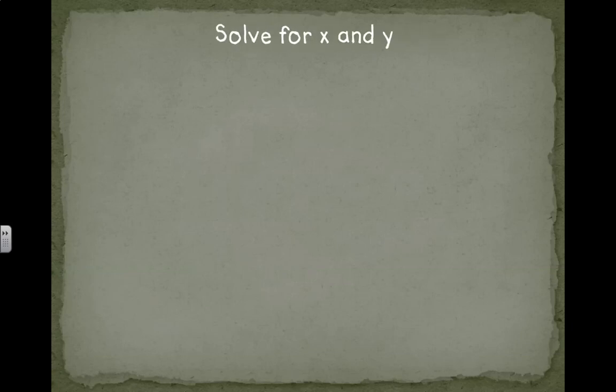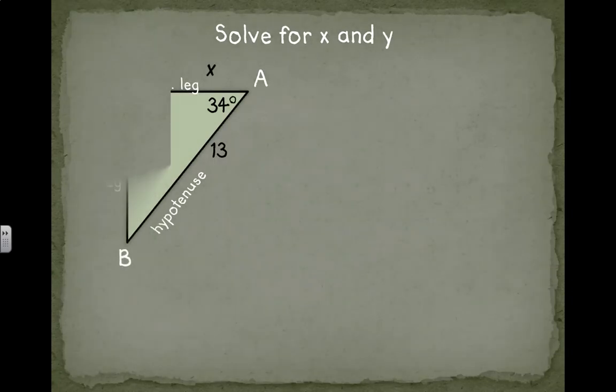And there is one more. I want you to also copy this problem down. Pause the video, copy it down, make sure you have all the information. And I've even been nice enough to label the legs and hypotenuse for you. So figure out the trig functions you're going to use and solve those missing side lengths. So I'm going to stop right there, and that will finish up the one part about finding missing